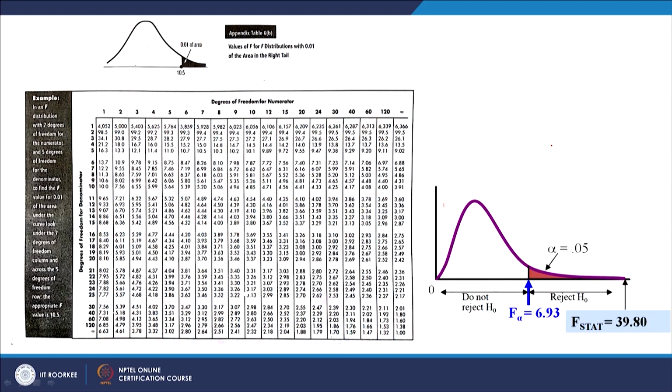So this is the table when alpha is equal to 0.01. So we have to look at F critical value at 2 degrees of freedom numerator, right, this column, and 12 degrees of freedom at denominator, right. So this is the one, 6.93 is this, right. So this is how you can solve a question like this again using Minitab.